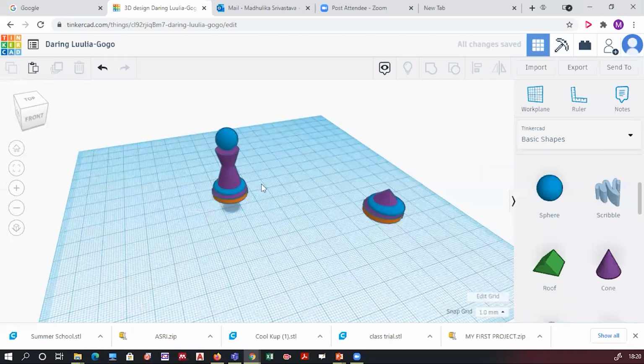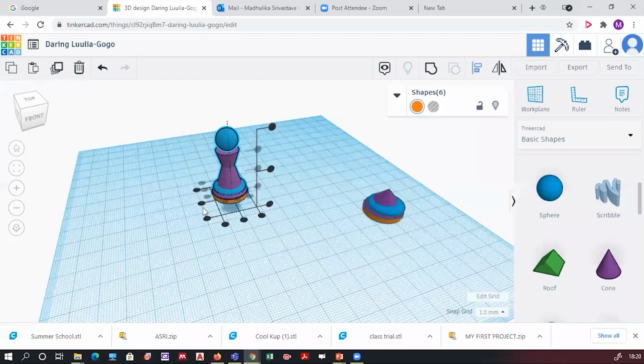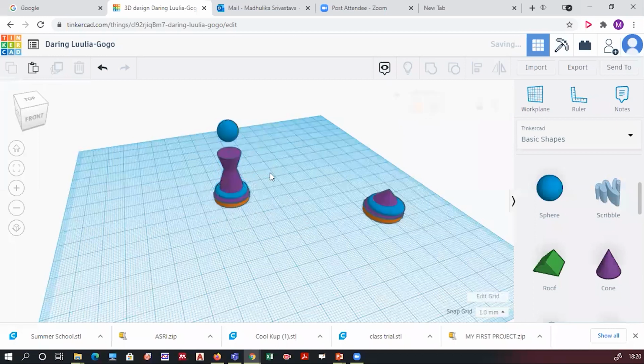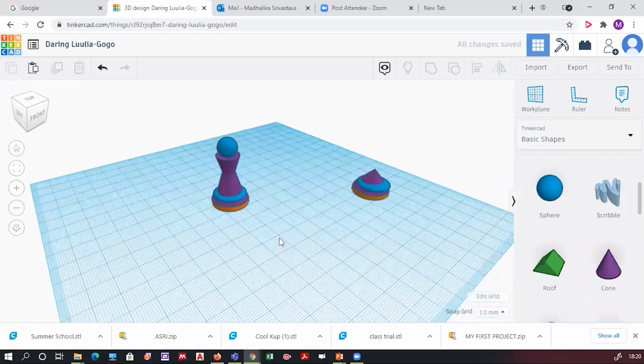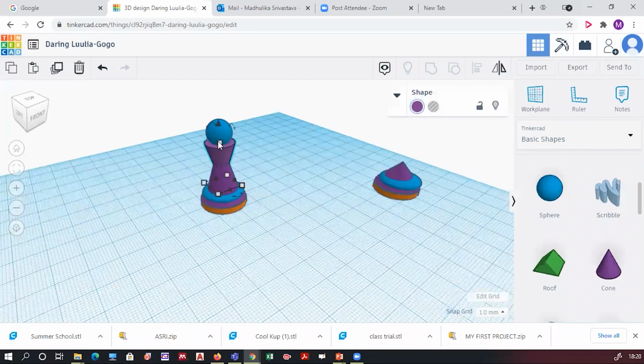Even if it is not, then select all the objects together, align them first around the center, and then select the sphere only and bring it down. What height you have lifted it to? What I did, I raised it around 10. Ultimately you have to adjust it at the top. So just raise it by any height and take it to the top of the surface.